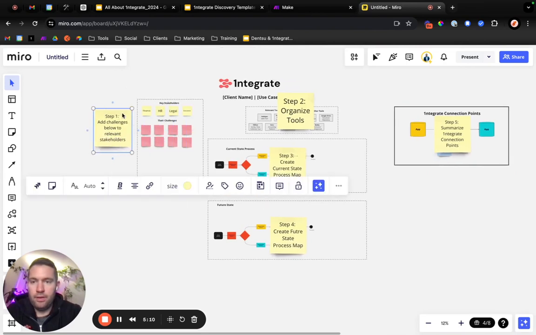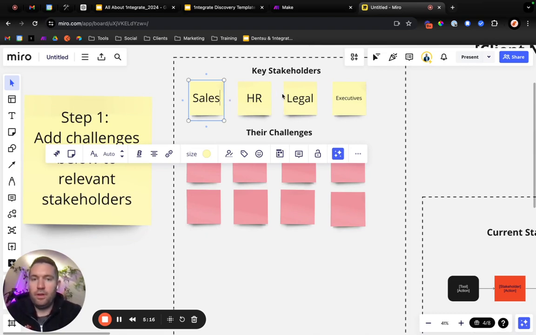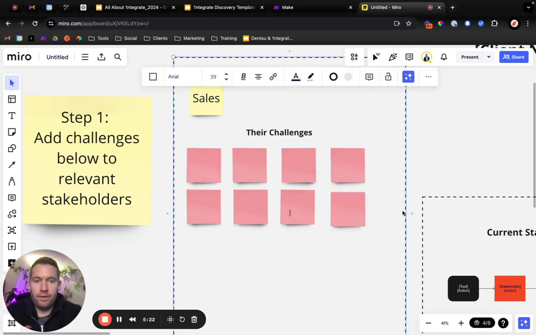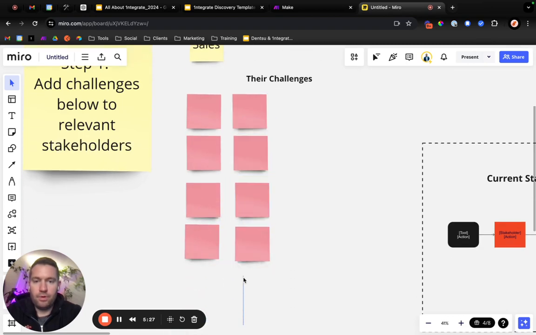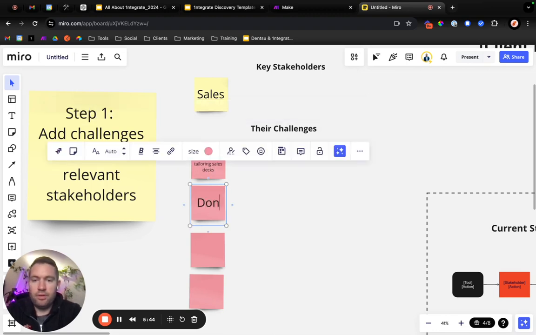And I want to add some challenges first. So step one. So this is like sales, and it's really just me, and I'm sales. So let's go ahead and format these. Just one column. What are my challenges? So I can use AI for this as well, but spending too much time tailoring sales decks, don't have a central hub for decks for use cases,